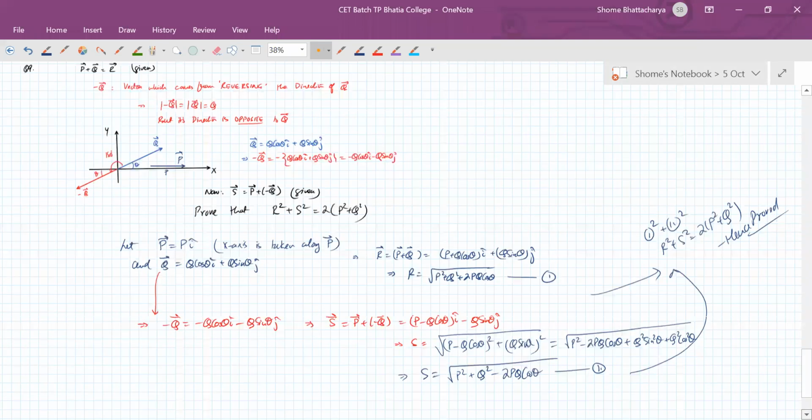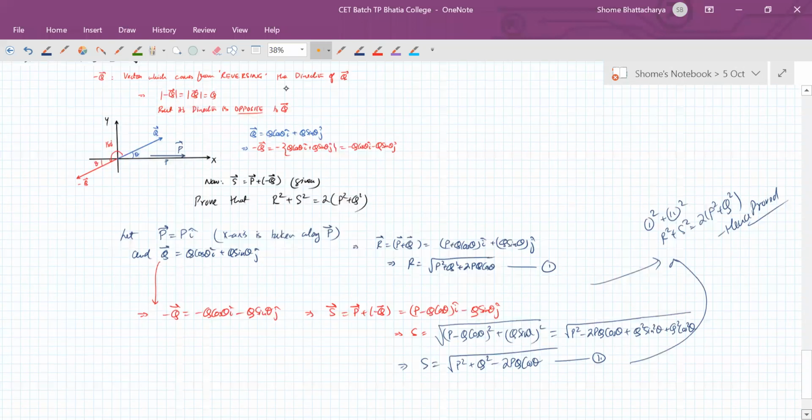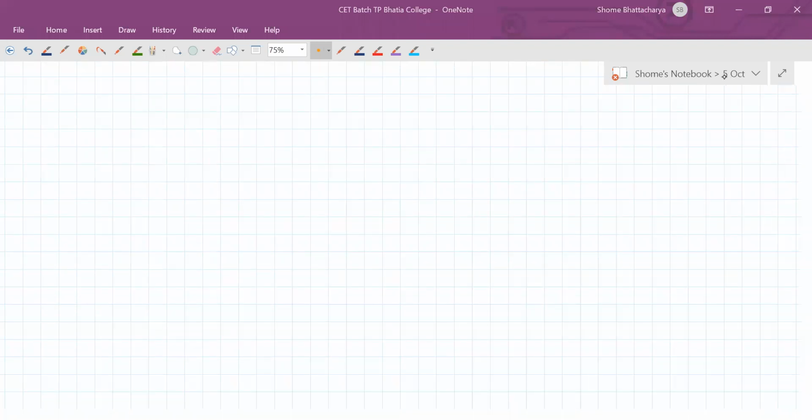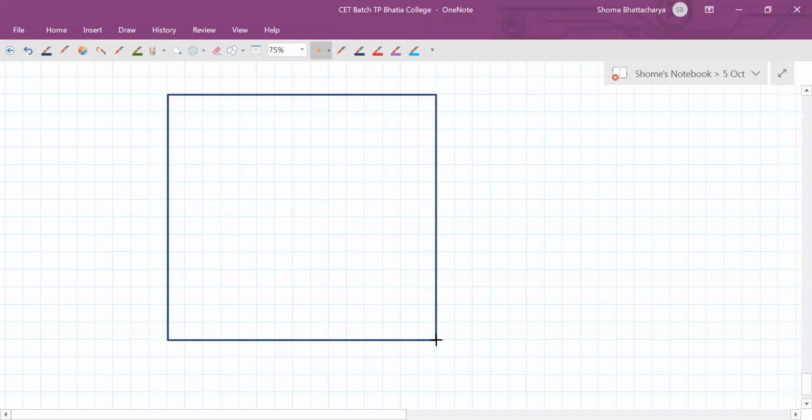So if we go through the language of question number 5, the question is trying to say something like this. You have a carom board of given dimensions. It's a square, which is 4 feet by 4 feet.